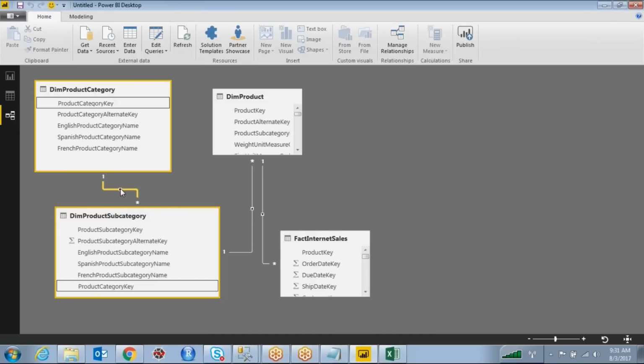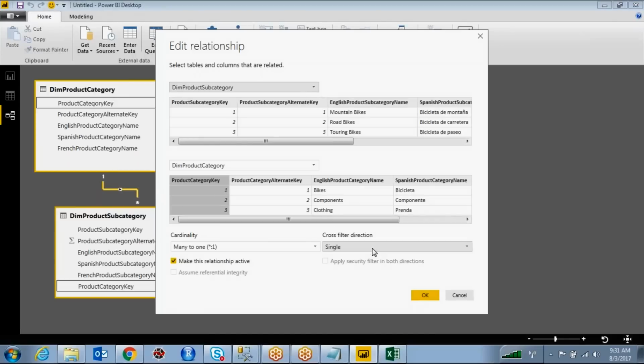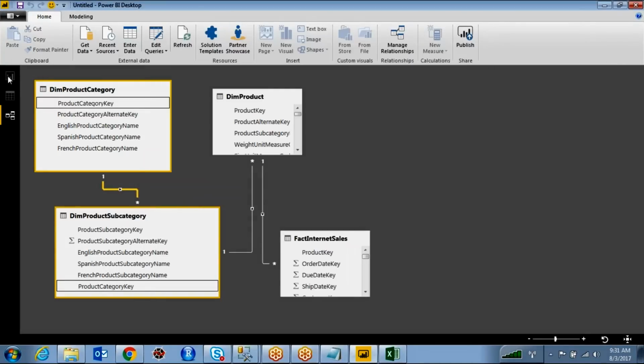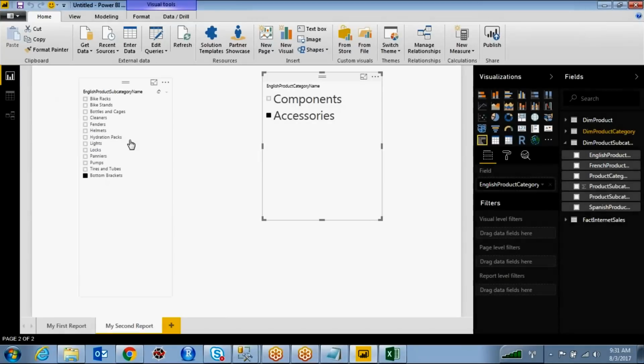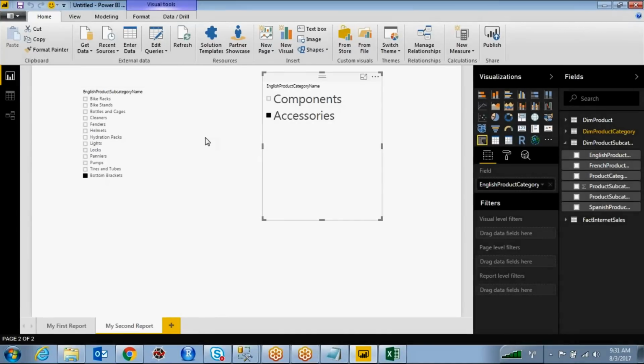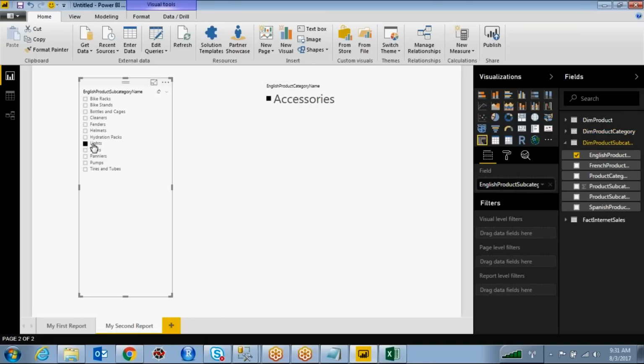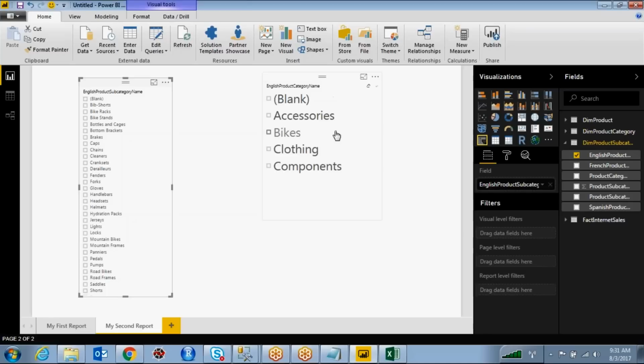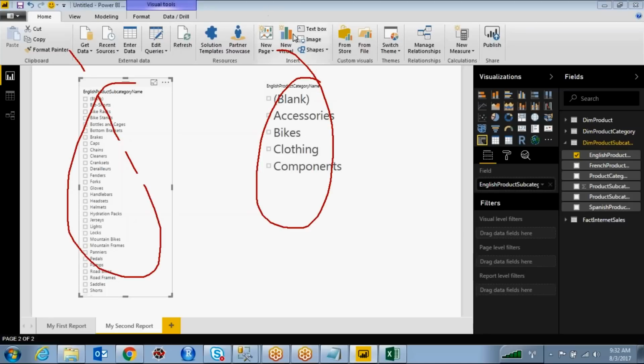Now I am going to make the filter dual direction, both directions. Click OK. Now come back. Okay. Now if I am selecting lights, it will select accessories. Okay, I will clear all. I will come to default. Here also I will clear. This is the very first time. All categories, all subcategories.